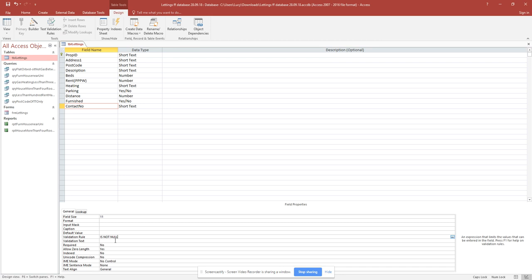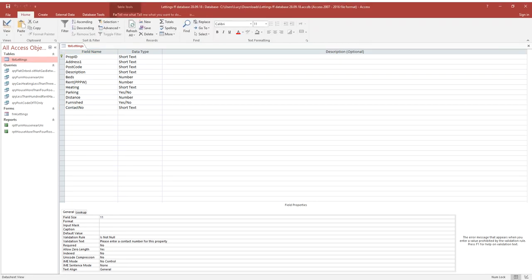is not null. And that means you cannot leave this particular field empty. So please enter a contact number for this property. Helpful little message. Let's go back into datasheet view